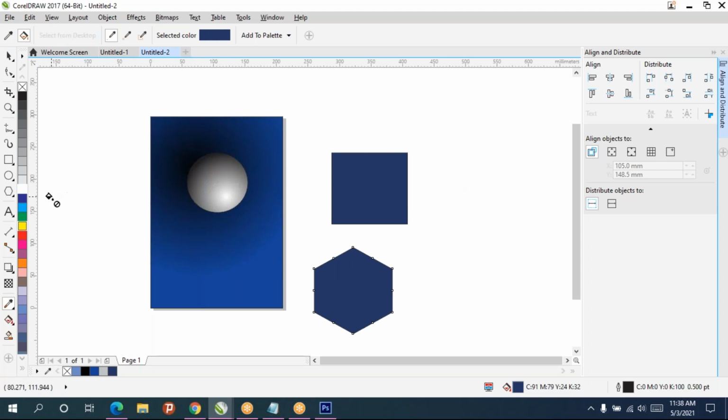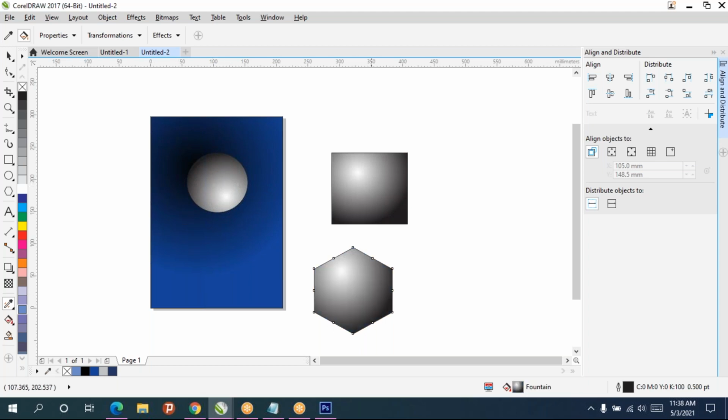If a shadow is there, the shadow also has to apply. So for that you have to select the attribute eyedropper tool. Select the sphere and apply. The same thing will get applied for this also.